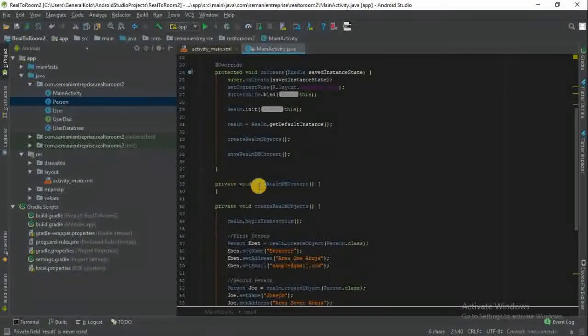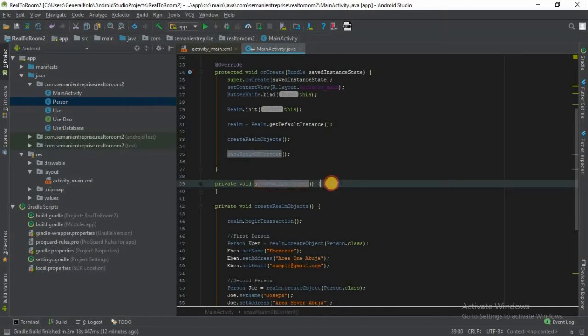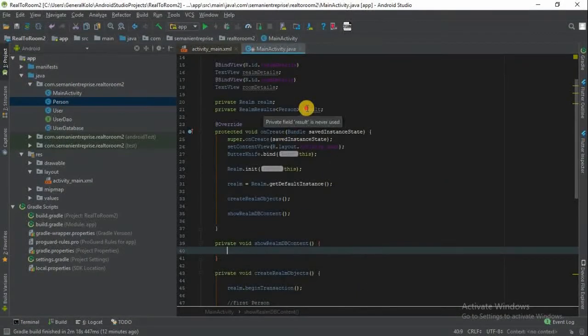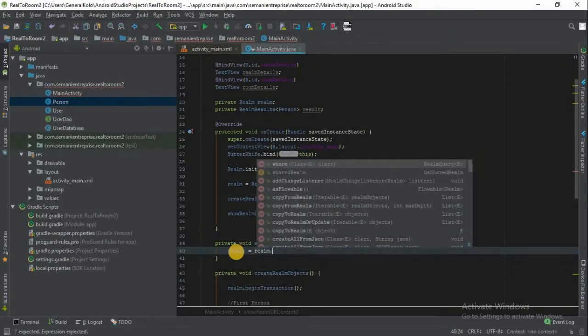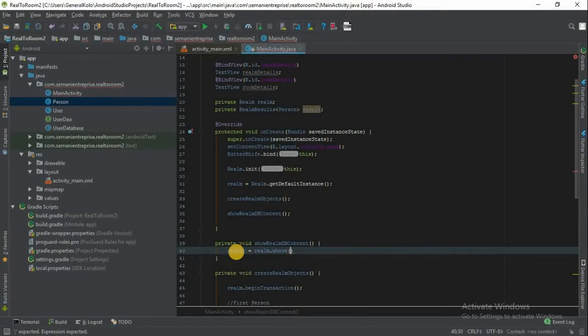Then in this method we use this result to hold all the objects in our Realm database. So we say realm.where(Person.class).findAll(),